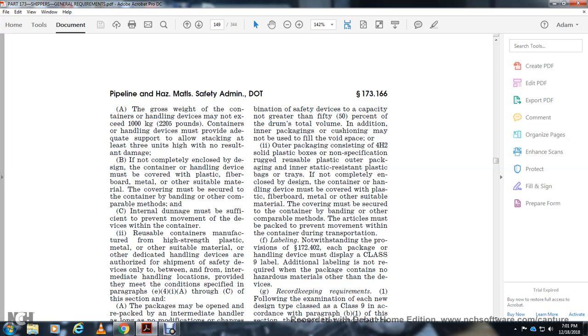with the kind of cushioning, may be the filling board, with the outer package consisting of 4 with a solid plastic block, with the outer non-specification rugged reusable plastic outer pack for the inner, adequate resistant plastic bags and trays, with the enclosed design contained with the handling device, must be covered with plastic fiber board or other suitable material. The covering must be secured with the container, the handling, or other comparable method of the article that must be packed to prevent movement within the container during the